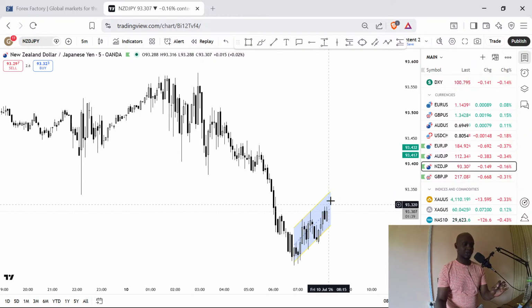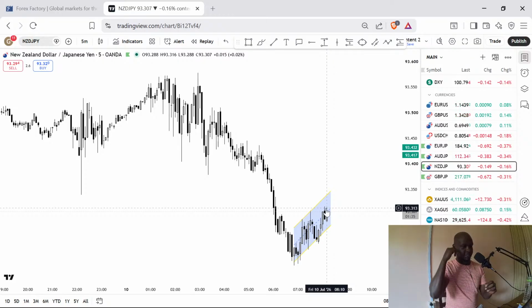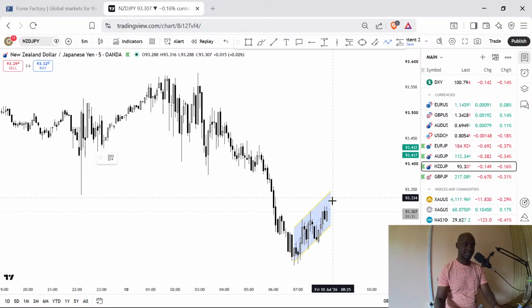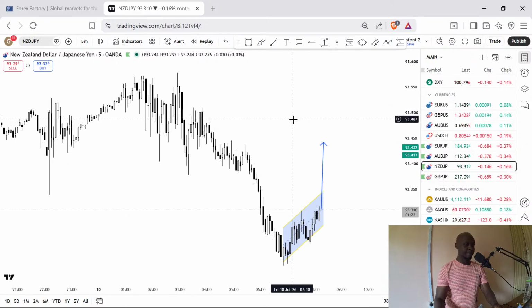I'm not looking for entries on New Zealand JPY in case price does decide to reverse right now and we get the strong selling pressure. If price pushes upwards right now with a lot of momentum, I'll not be looking to take continuation entries to the upside, mainly because of this potential area of resistance here, which is so close,